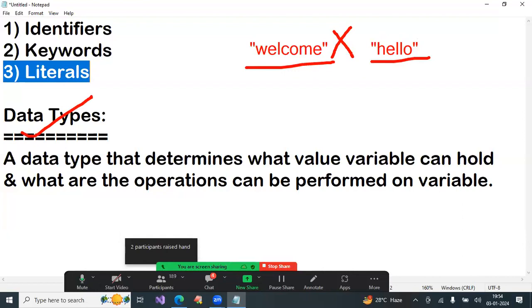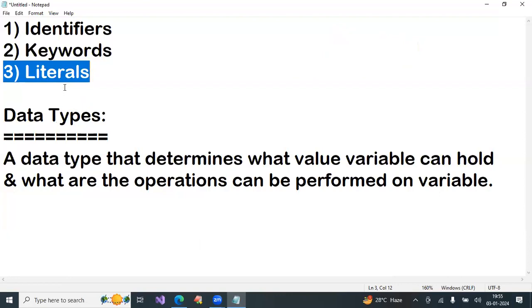If strings are there, only very few operations are possible. If an integer is there, all operations are possible. If a floating point number is there, some operations are not possible. But with a string, very few are possible. That is decided by data type.